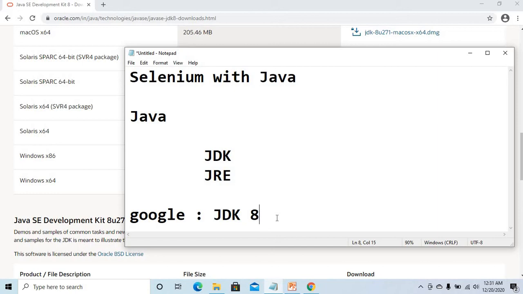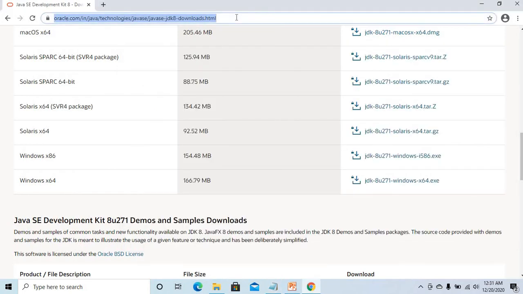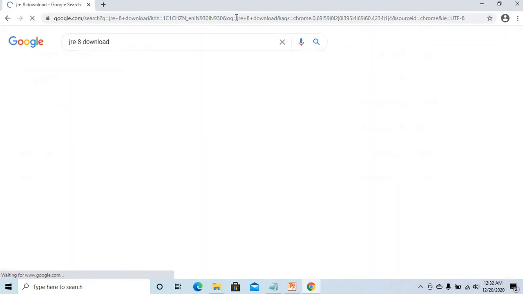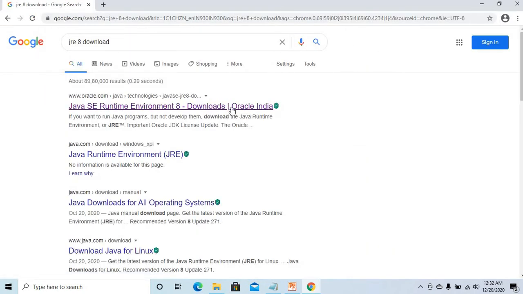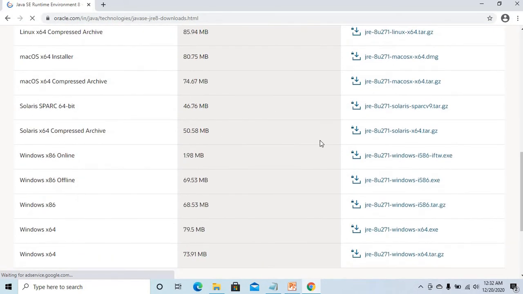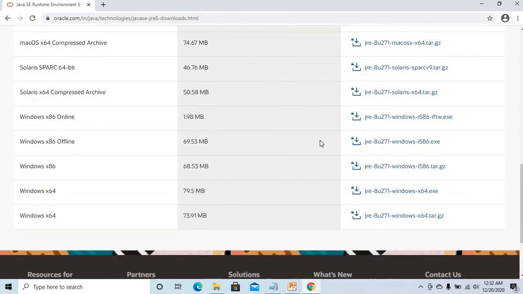Similarly, Google JRE 8 download. So this is the URL. Again, go to the URL, and this is the same kind of page, with different JRE 8 downloads for different operating systems. Again, if you are using Windows 64-bit, simply download it.